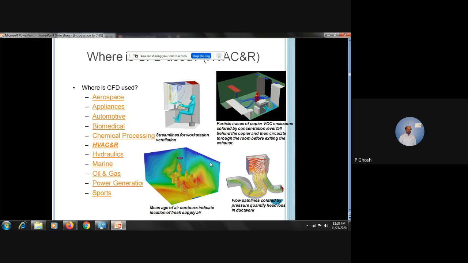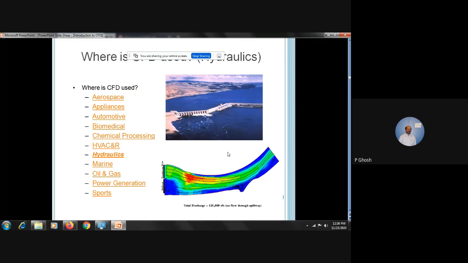CFD you can do easily with these aerosols, and how the aerosol dynamics looks like. So this is a very pertinent example. Otherwise also how to create the flow distribution inside the chamber, inside the ducts, etc. You can easily find out with the CFD. Now hydraulics and marine, it's also like this. Like you can do hydraulics there, like in a pipeline or a bridge. So hydraulics, obviously it's related with the fluid and the flow. It's not very easy. Like bridge, the extension of the bridge, etc. also is required. Now marine,